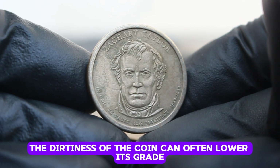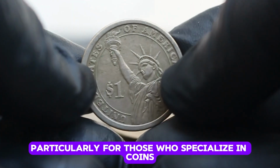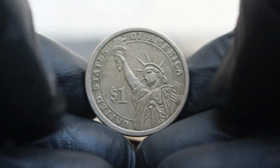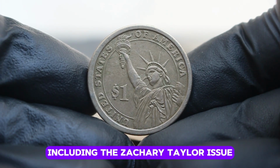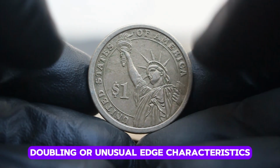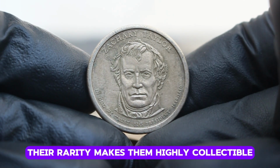The dirtiness of the coin can often lower its grade, but it can still be an interesting addition to a collection, particularly for those who specialize in coins with historical significance rather than pristine aesthetics. Coins from the presidential dollar series, including the Zachary Taylor issue, can sometimes feature minor errors such as misstrikes, doubling, or unusual edge characteristics. While these errors may not always be widespread, their rarity makes them highly collectible and valuable